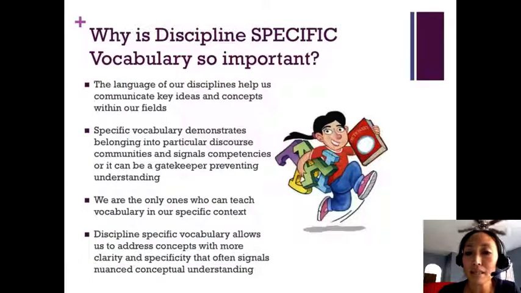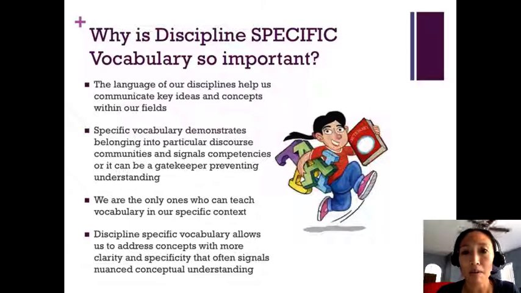So why is discipline-specific vocabulary also so important? Well, first, the language of our disciplines helps us to communicate key concepts and ideas within our field. So by using specific language, we're actually able to articulate key ideas and concepts that we can't articulate any other way, right? So the idea of democracy or humanism or any of the isms are really important in social studies,